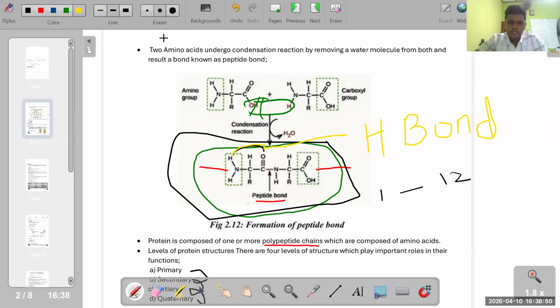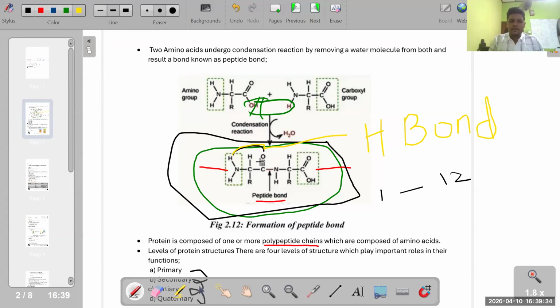Okay, right. Now they have used another word. Now can you tell me, just looking at this diagram, between what component and what component is the bond formed? Is it between the backbone and the side chain, or the side chain and side chain, or the backbone and backbone? If you answer this, you have got the point accurately. Just see the diagram and tell me: is the bond formed between backbone and backbone, side chain and side chain, or backbone and side chain? Three options. What is the option?